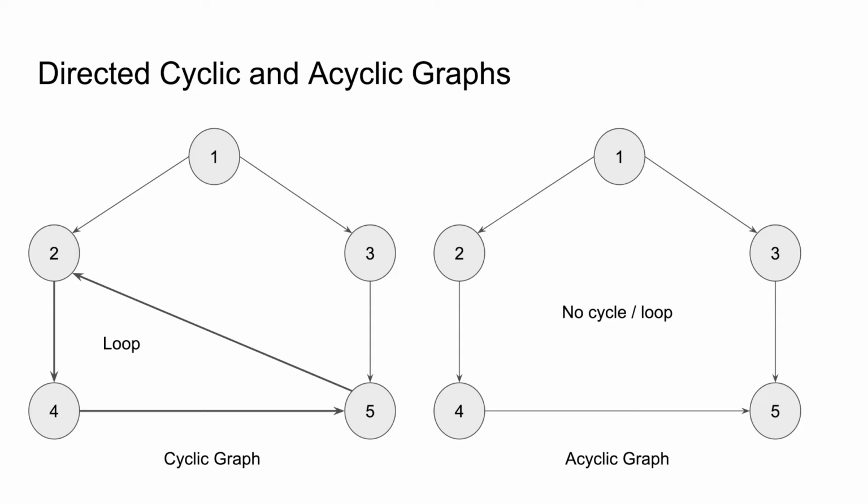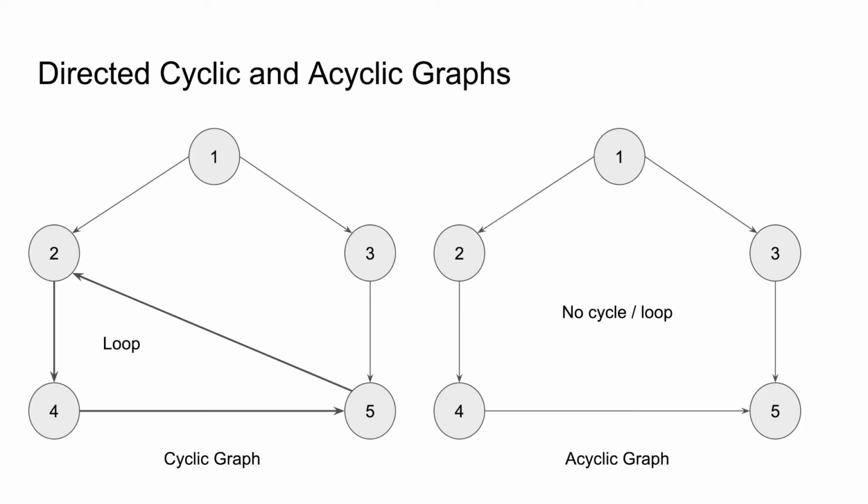So if you're traversing from 1 to 2, 2 to 4, 4 to 5, and then 1 to 3, and then 3 to 5, there is no cycle anywhere. So that's the cyclic and acyclic graph. And there are a lot of applications where acyclic graphs are required and used. For example, if you are building a program and you want to resolve the dependencies, those dependencies should be in the form of an acyclic graph. If there is any kind of cycle in that, the dependency resolution will fail. This is because, for example, if 2 is dependent on 4, 4 is dependent on 5, but then 5 is dependent on 2, in such a case there is a cycle and the resolution will fail.